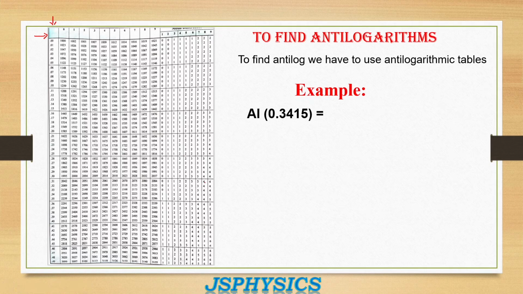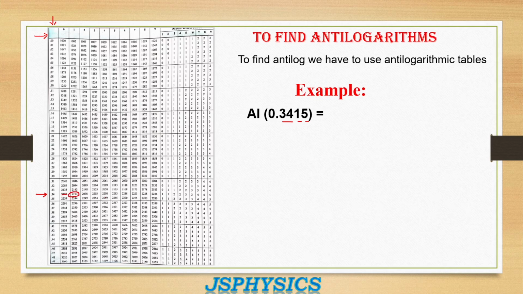0.3415. Again, we'll divide this into two digits together, then one digit and then one digit. Now, as we can see in the first column, all the numbers are 0 point something. So we have to find the digits after the decimal point. So 0.34, 1 and 5. So 0.34 is here, this 0.34. Then the next digit is 1. So we have to look in the column of 1 in the same row. The number is this